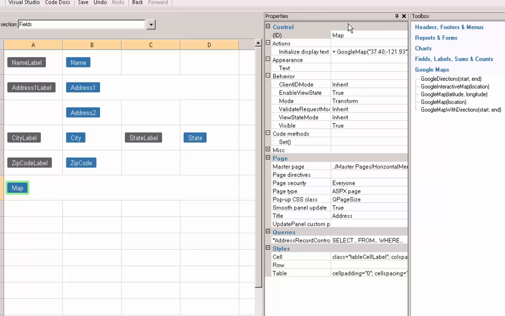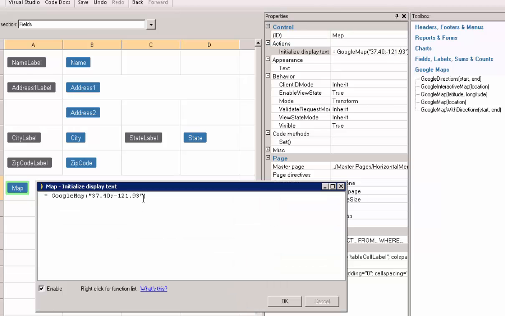Now we can see in the properties box for this map that it wants to create a Google map with these coordinates, which are actually the coordinates of IronSpeed's headquarters. We don't want that. We want it to map the address that we have above here, and we want to separate those with commas. So what we're going to do is say